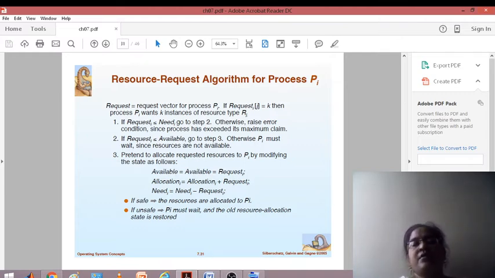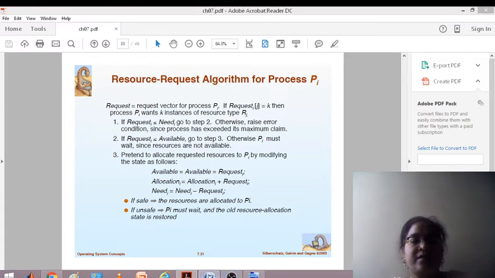The size of this vector will be equal to the maximum number of resources available. The index of that particular vector will give you the resource type number. Now for request of I, for this also you can take any simple vector like this.